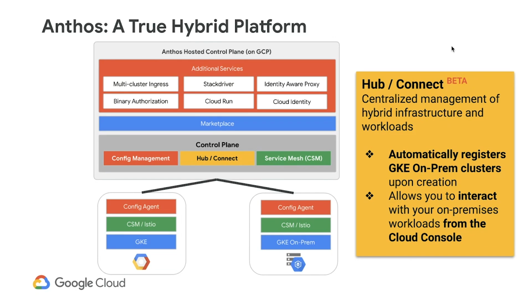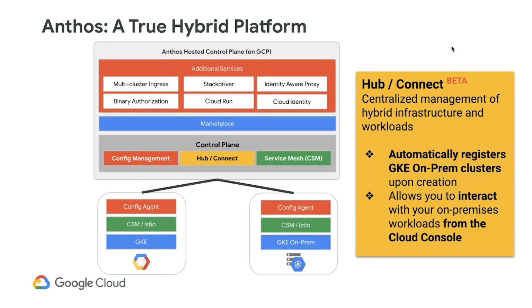With Anthos, we provided a multi-cluster, multi-cloud control plane. The control plane would help manage the whole Anthos configuration from a single pane of glass. And there were three components there: config management, hub, and service mesh. The hub is a centralized management piece which would help register the on-prem clusters as they come online and allows you to interact with your on-premise clusters